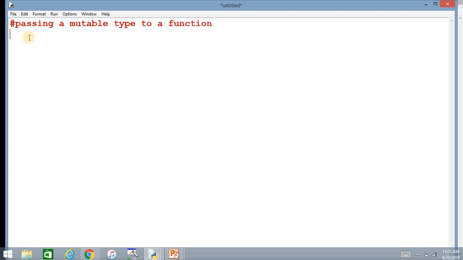For that again def, I am taking another function, my function 2, and here I am passing my list. It's a list being passed, and the function is being defined here. I am printing the list which is being passed. First I will print it when it is received, to see how the list appears.